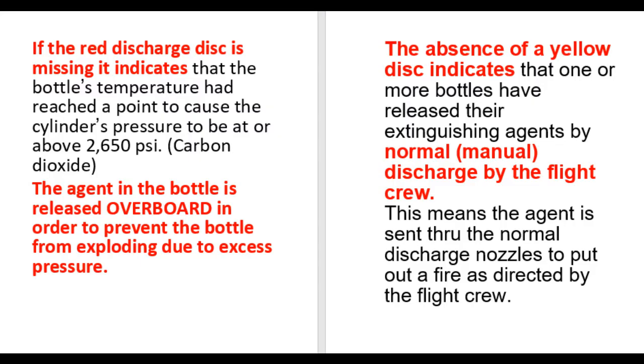Now we're going to talk about the yellow and the red discs on the side of many aircraft with HRD systems. Typically they're located on the outside of the fuselage. If you go to the Sabreliner, just aft of the left wing, you will see a yellow and a red disc. What are the purposes of these discs? Well, the red disc, if it is missing, it means that the HRD bottles experienced an overpressurization situation, usually caused by excessive heat,